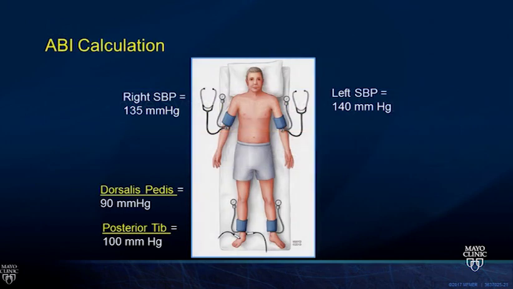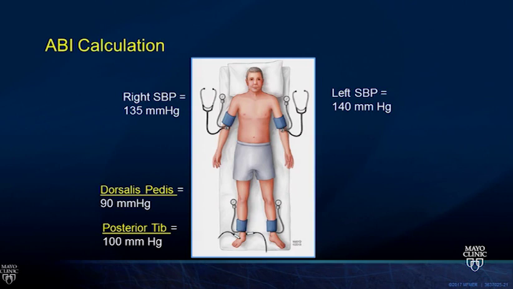So what you need to remember is that if you're looking at the right leg, you're going to be using whichever is higher of the 2 arms. And certainly if you have a really big difference in systolic pressures between the 2 arms and you're worried about subclavian artery stenosis, then it becomes not reliable. But assuming you don't have more than a 15 millimeter difference between the 2 arms, you actually use the higher of the 2 arms, and then for that right leg, it would be the higher of either the dorsalis pedis